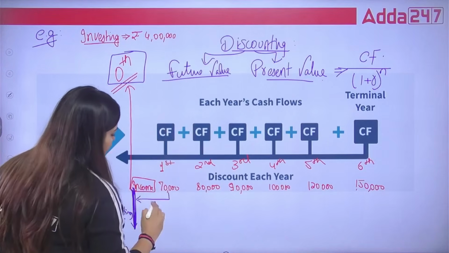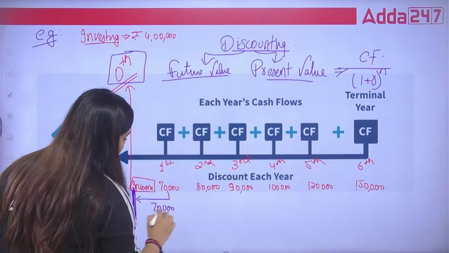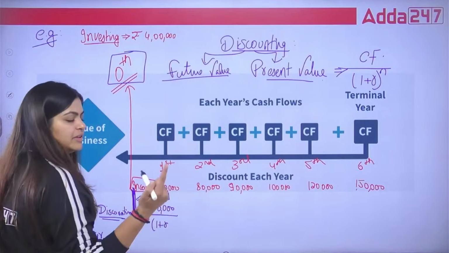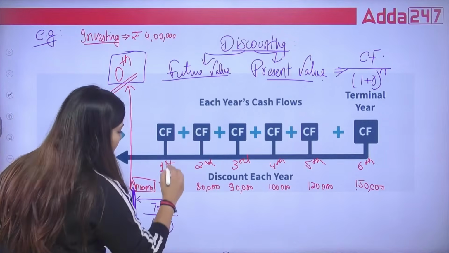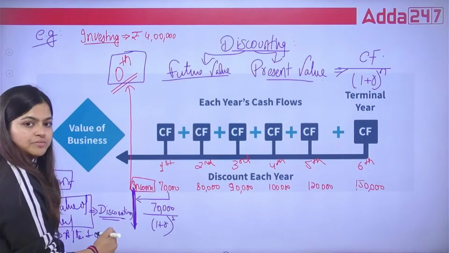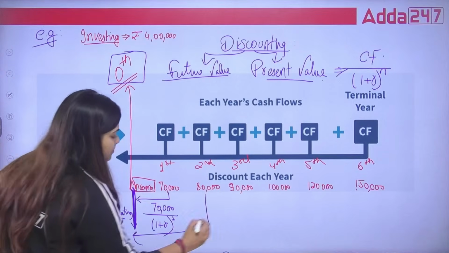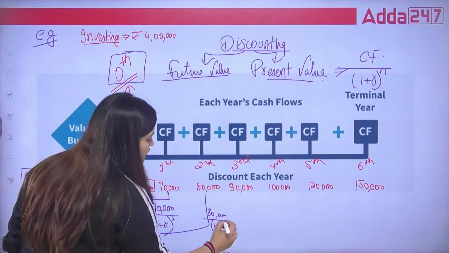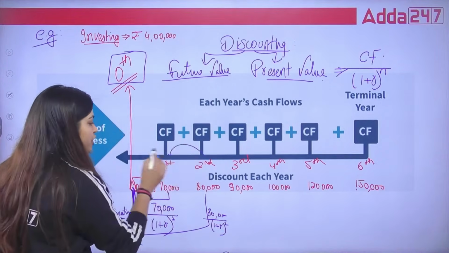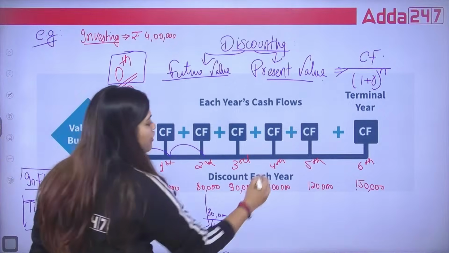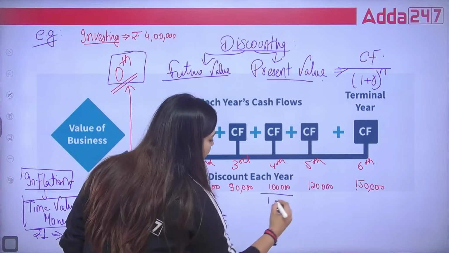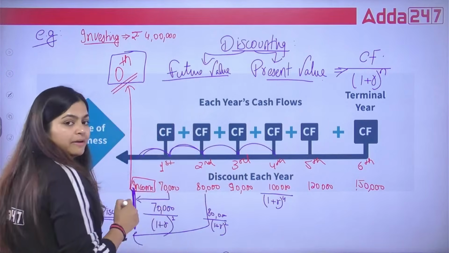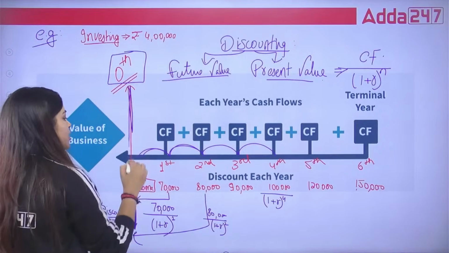So whatever income you are generating in your first year, that is 70,000 divided by 1 plus whatever rate they are providing, every time they will provide in the question, power 1, because 1 year you are going to bring it back. Okay? Same for the 80,000. 80,000 divided by 1 plus whatever r they are going to give, power 2, because 2 times you are going to bring it back. Yes, for the fourth year, suppose 1 lakh divided by 1 plus r to the power 4, because 4 times you are going to bring it back, because we are going to calculate at a 0 time period.